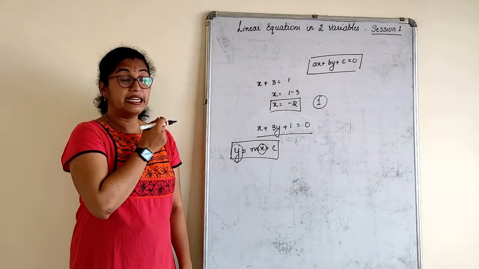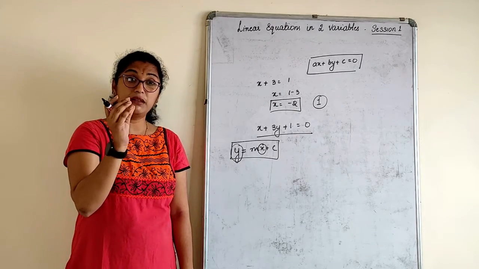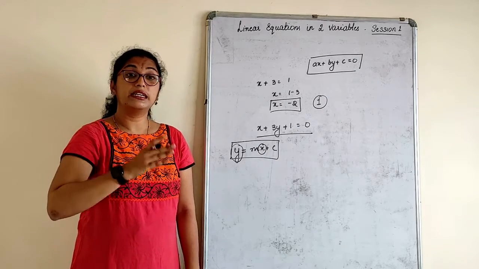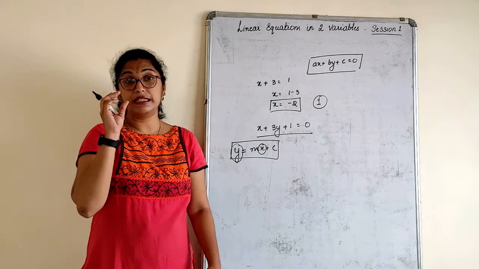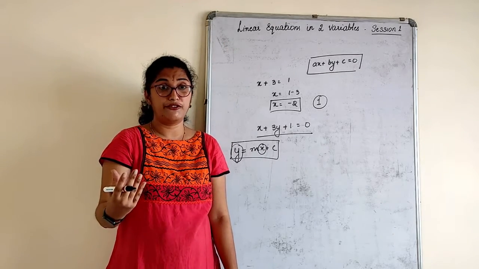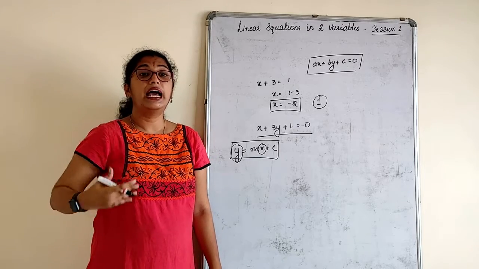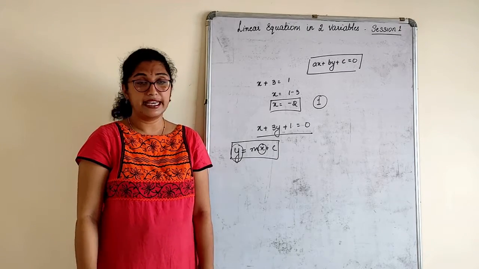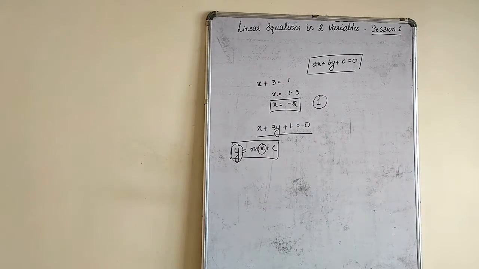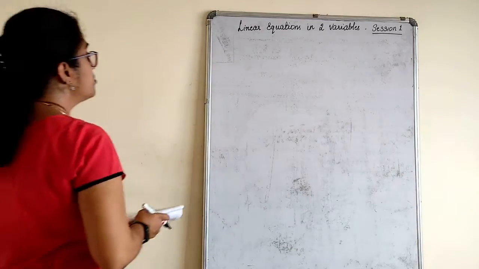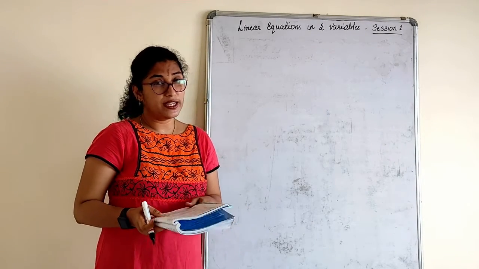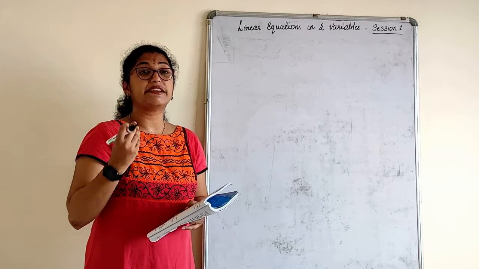Now, you have to give the heading as linear equation in two variables in your regular notebook only. The graph part, when it comes, we will write in the graph notebook. After writing this, I will be sending you a PDF in the video itself, so that you can copy it down, and after that you have to start with the exercise. So quickly we will start with a very small exercise and a few very basic sums.